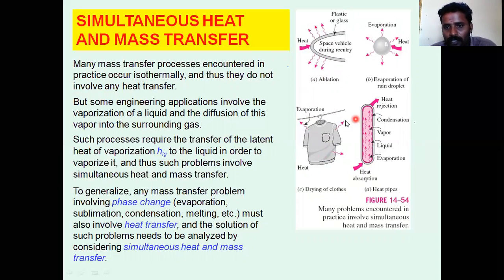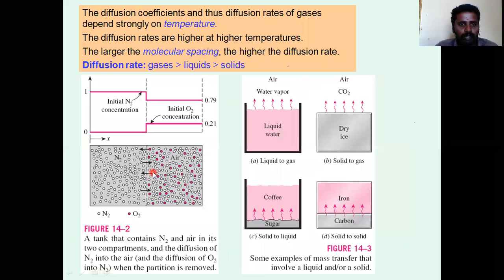Drying of cloth is evaporation: the water in the cloth evaporates into the surrounding air. Other examples are heat absorption, heat rejection, condensation, evaporation of liquid, evaporation of fine droplets, and ablation of plastic glasses. These are the best examples of mass transfer. Many problems involve mass transfer at the particle surface. Generally, many phase changes such as sublimation and condensation involve heat transfer simultaneously with the mass transfer process. This is only the heat of evaporation, and it is called exhalation. It also follows in the mass transfer process.